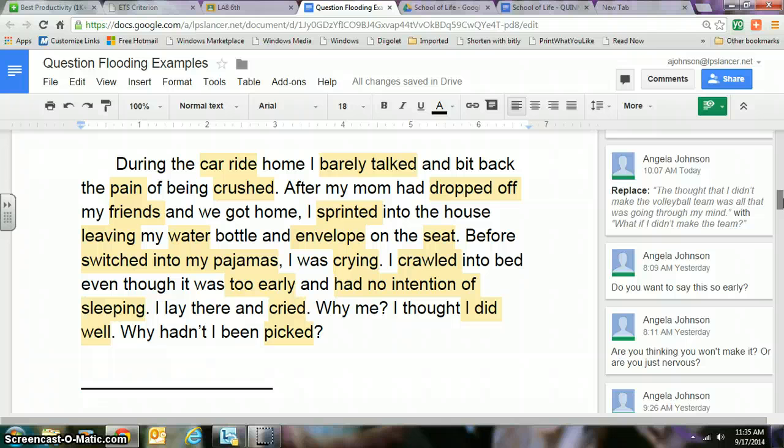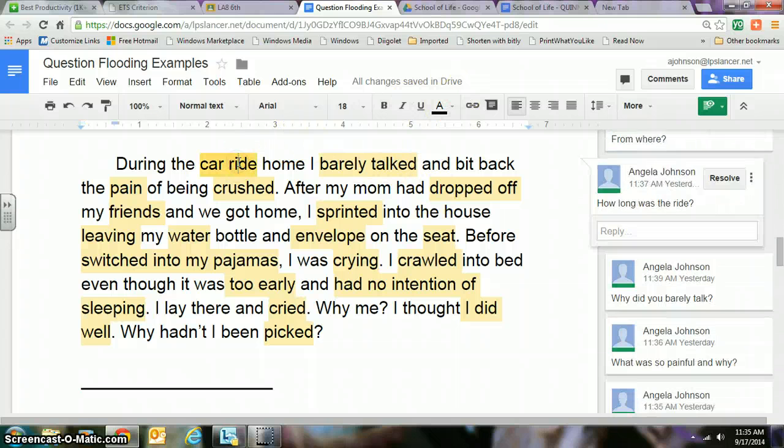So I'm at the end of my document now, and I can see that what's highlighted is everything that my reader has added a question about. So I can just click on the highlighted section and see the question. During the car ride, how long was the ride? So I ask myself, do I want to add information about how long the car ride was? I think maybe, let's see. I didn't talk the whole way back and I felt crushed. You know what this makes me think though? What I could do is I could